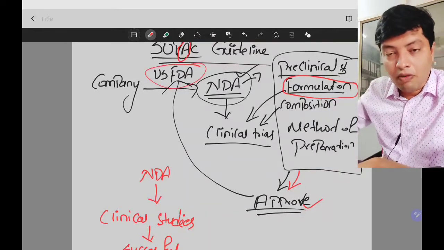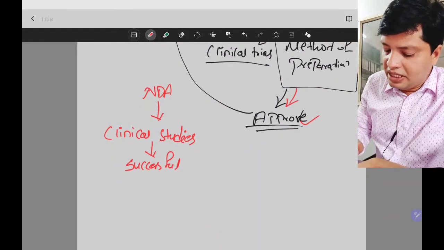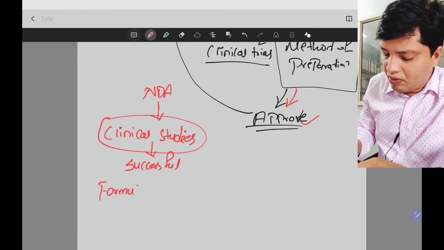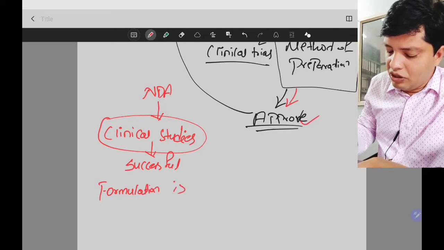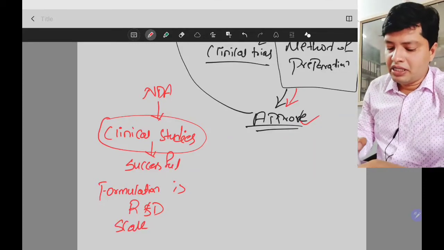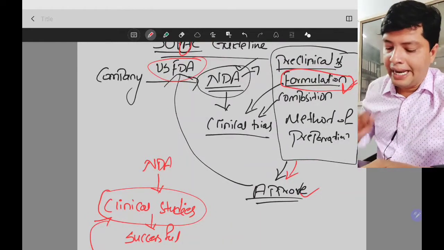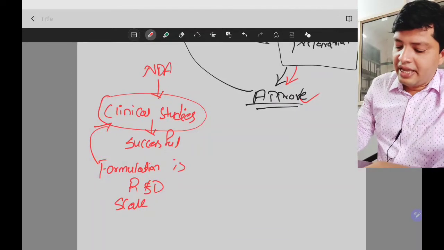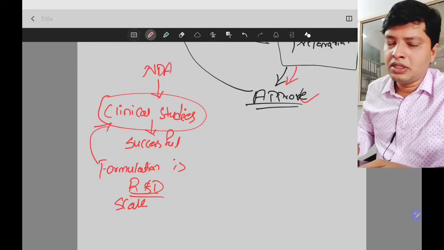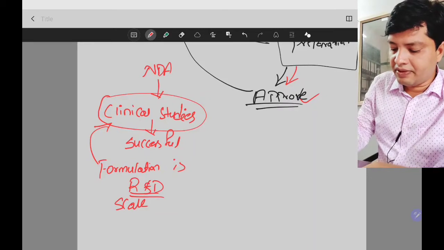I am talking about formulation, we have many things related there. Whatever the formulation that is approved there, that formulation is for conducting clinical trials, and that formulation is developed in R&D. The scale of the formulation which is used in the clinical trials, that is this one. Whatever information we have provided in the NDA application about the formulation, that scale is R&D scale formulation. Means in R&D scale you have formulated the drug and you are using the drug for the clinical studies. Now clinical studies are successful. Now you want to go for the commercialization.